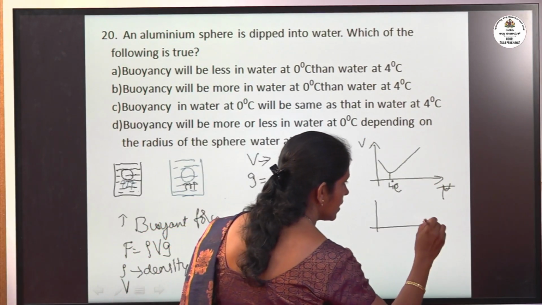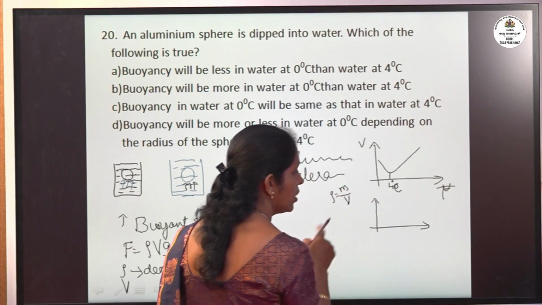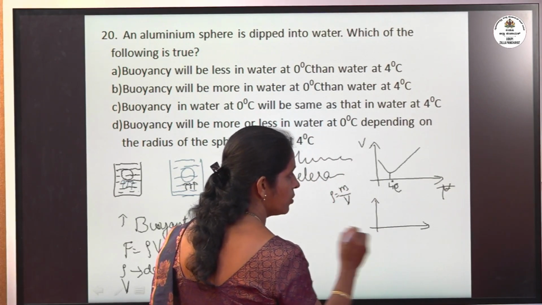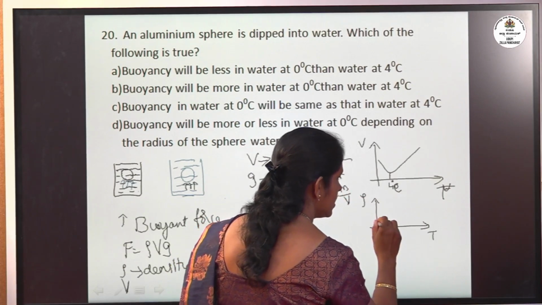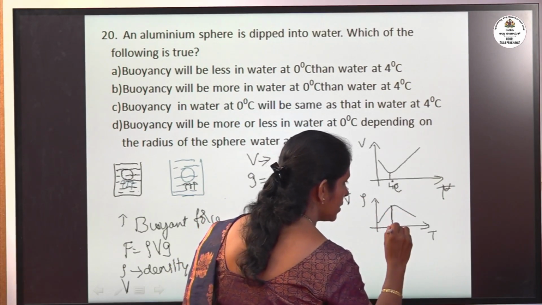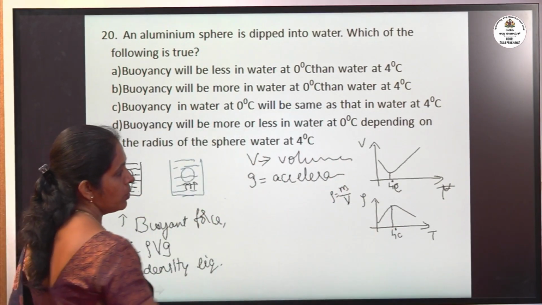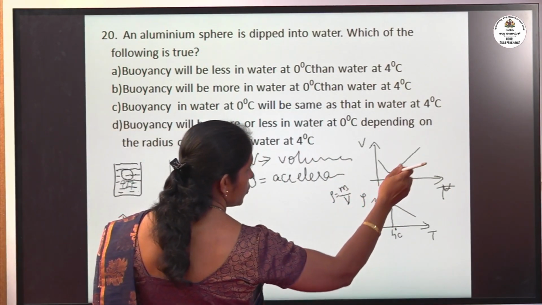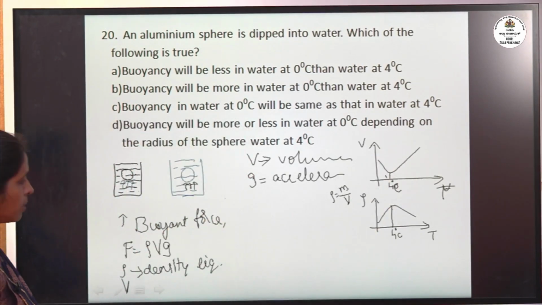We have the relation density is mass by volume. Since volume is minimum at 4 degree Celsius, the corresponding graph for density is maximum at 4 degree Celsius. If you cool below 4 degree Celsius, the volume of water increases. Because of this special property of water,